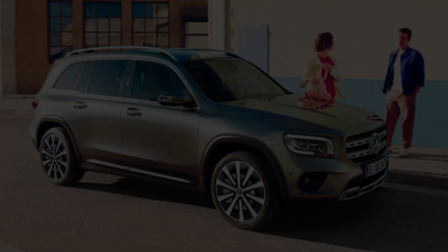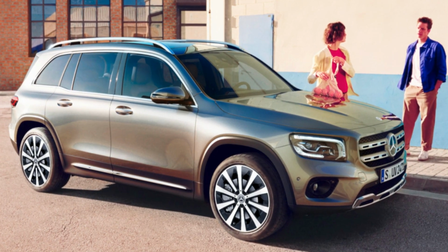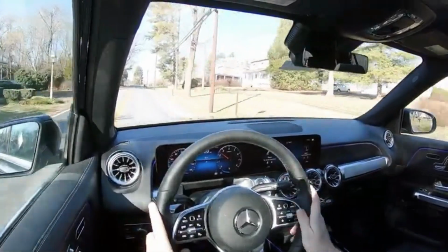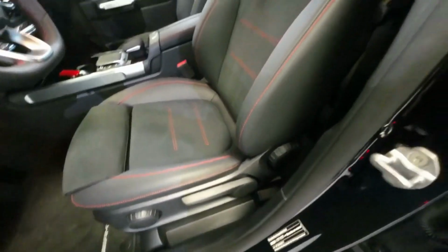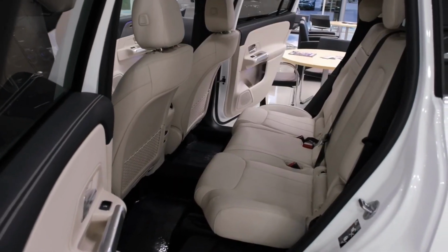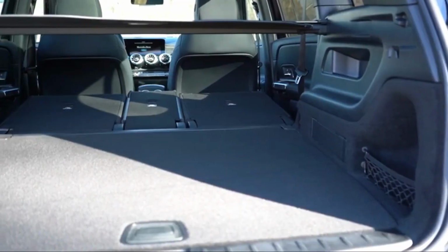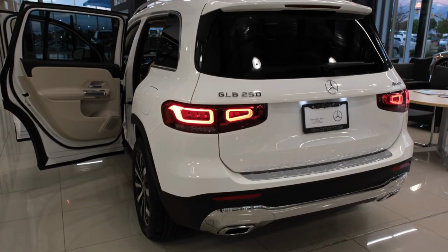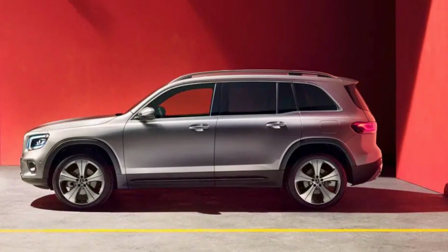Based on the same platform and four-cylinder engine that underpin the sleek GLA-Class SUV, the GLB's squarer proportions endow it with more practicality, additional cargo space, and a more upright seating position. It can even be had with an optional third row of seats, although the rearmost perch only has room enough for kiddies. A host of technology features is available, including Mercedes's MBUX infotainment interface and several desirable pieces of driver assistance tech. There is just one trim level available for the GLB-Class, but the 4MATIC model adds all-wheel drive